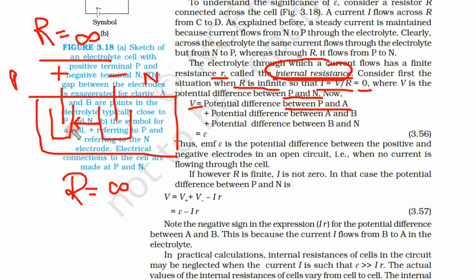Okay. So point A was here, point B was here. So plus the potential difference between B and A. So potential difference between positive electrode and electrolyte solution, potential difference between B and N, that is, potential difference between N and B, means potential difference between negative electrode and electrolytic solution, and this potential difference between the electrolytic solution at points A and B.